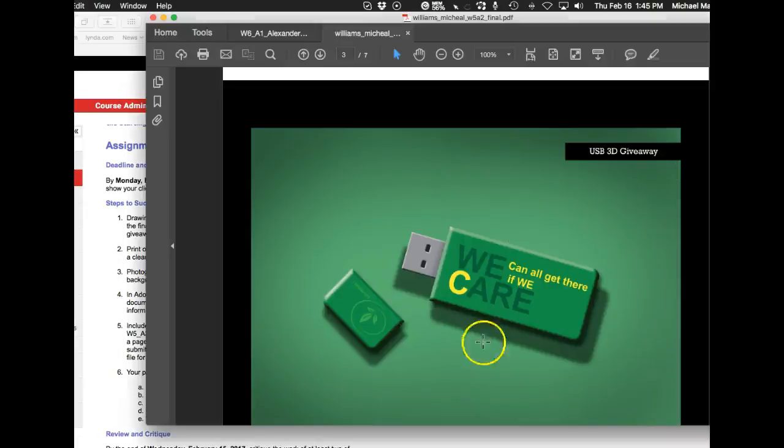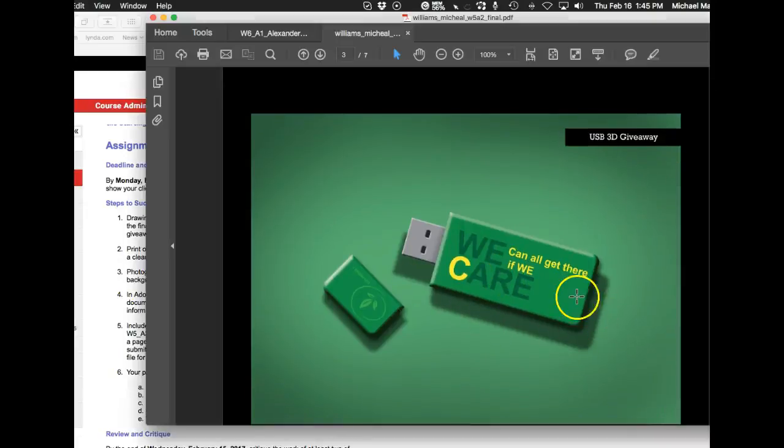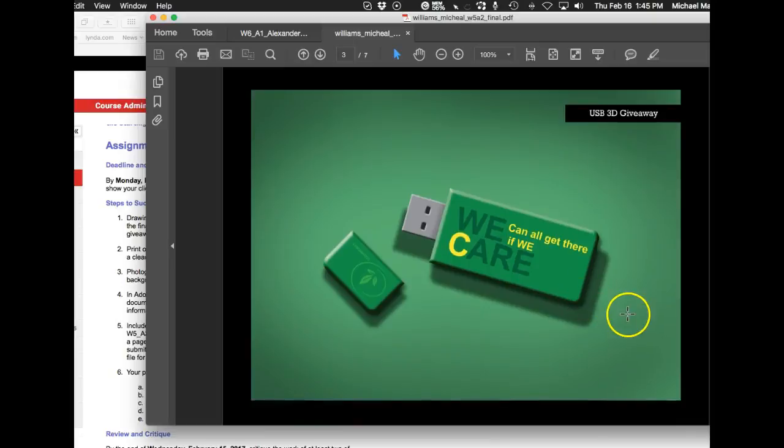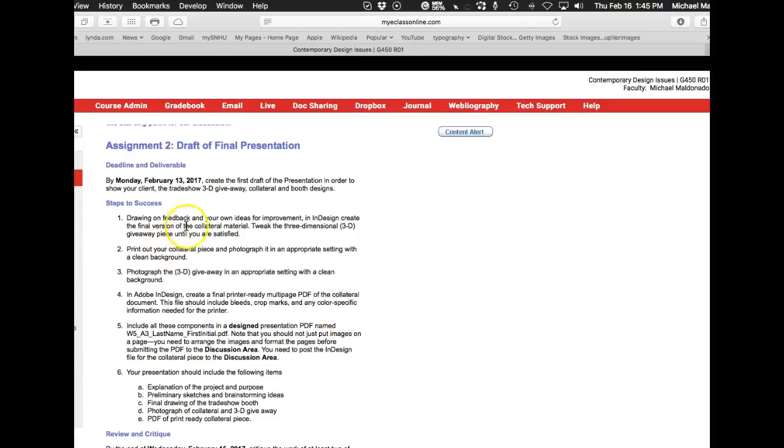Did you know you're supposed to build a mock-up of this? You're supposed to build a mock-up and photograph it, not find a pre-done one. Well, I don't know if that's pre-done or if you did it. If you did the illustration, it's fantastic. It's beautiful. But if it's a found image, it's supposed to be a mock-up and photograph. So you're going to have to mock that up for your final presentation. Just want to make you aware of that. Then we have